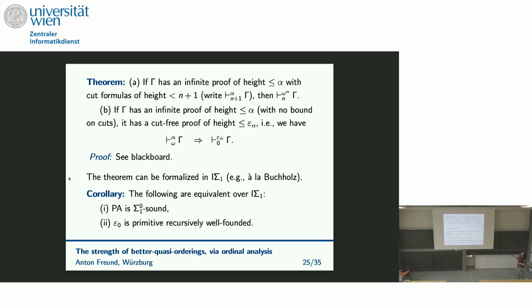So let's say we have no bound on the cuts, and hence I write omega as a sort of trivial bound if all the formula ranks are finite. So what's happening if I have a proof of gamma of height alpha with no bounds on cuts? Well, it turns out that I can still eliminate all the cuts, and that's the 0, because now all the cut formulas should have rank strictly below 0, so there are no cut formulas left. But then the height of the proof can increase to these epsilon numbers. Maybe it's worth doing the proof of that as well. And I think this will be the only other proof in this lecture that I do in detail.